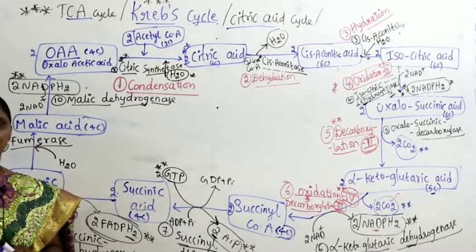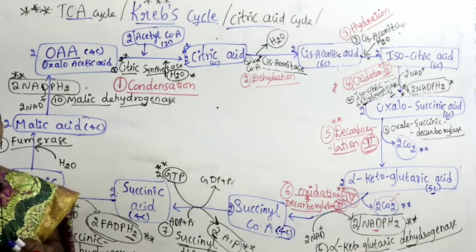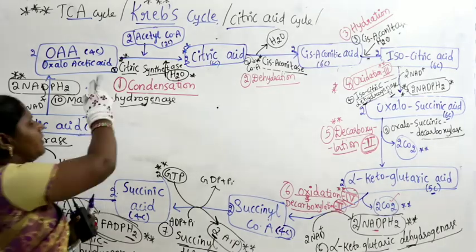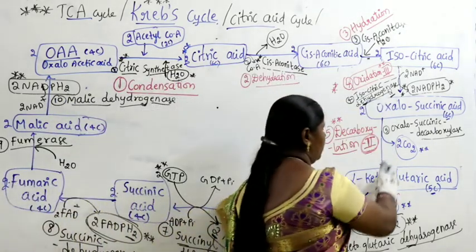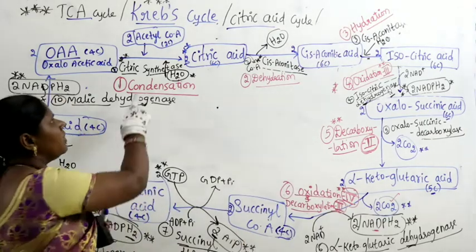Hello students, now where are we? Here we are in the discussion about what is called the Krebs cycle. So in the Krebs cycle, in the first step, we just started writing all the substrates, right? We wrote all the substrates. Next we have written about what?